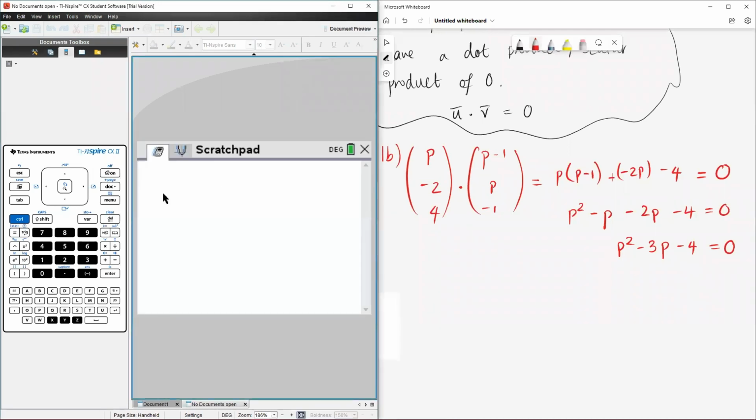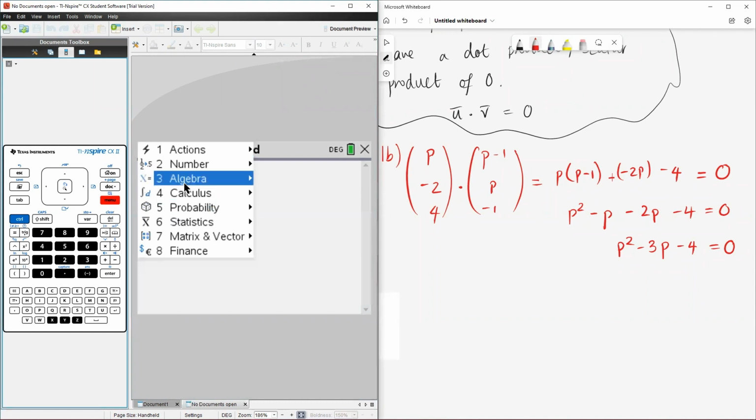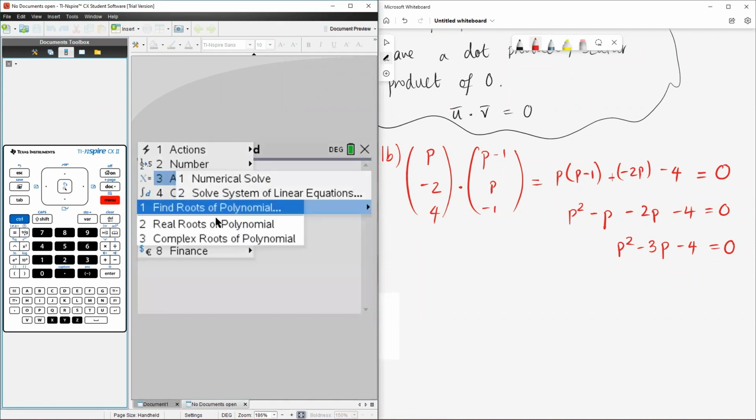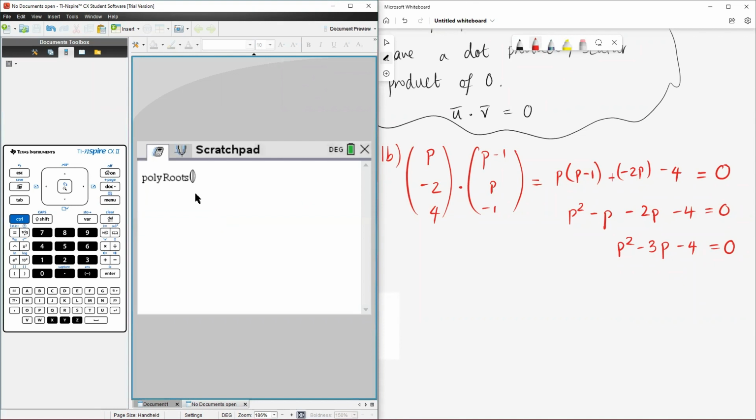I'm not sure how you typically solve equations on this, but this is what I found. It's probably not the right thing. You know, I'm not really good at using this calculator at all. I just started, but